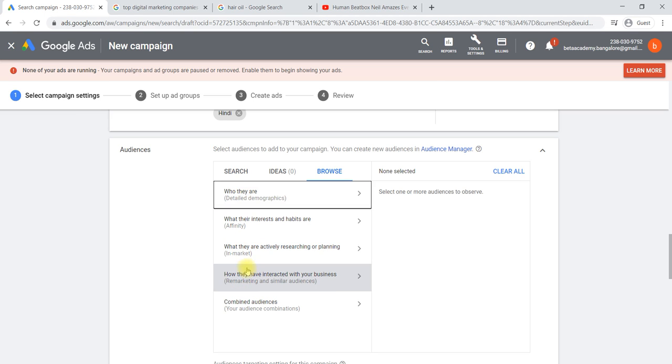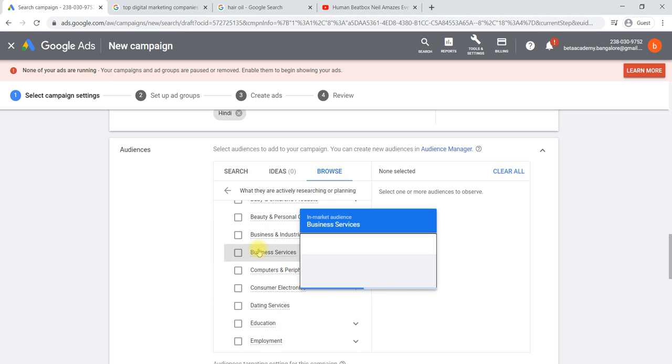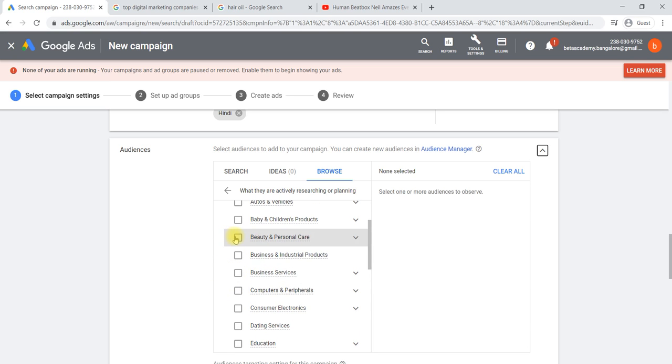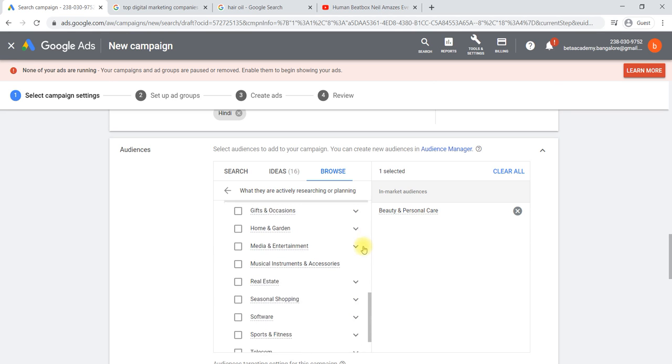Or we can go with in-market audience, like those who are searching for, for example, if we are running an ad for hair oil, then consumer product, we can say beauty and personal care product. Those audience only will be selected.